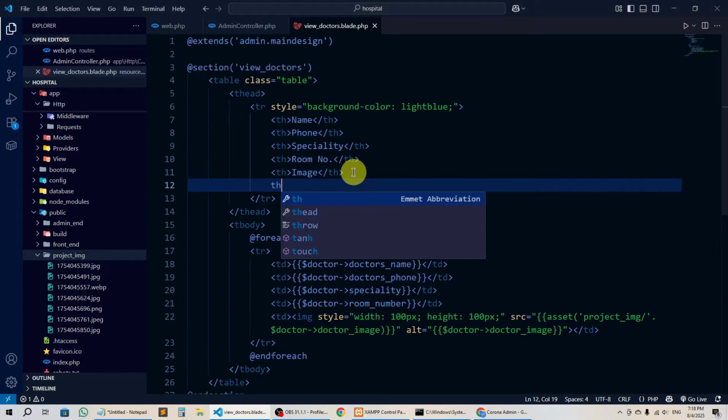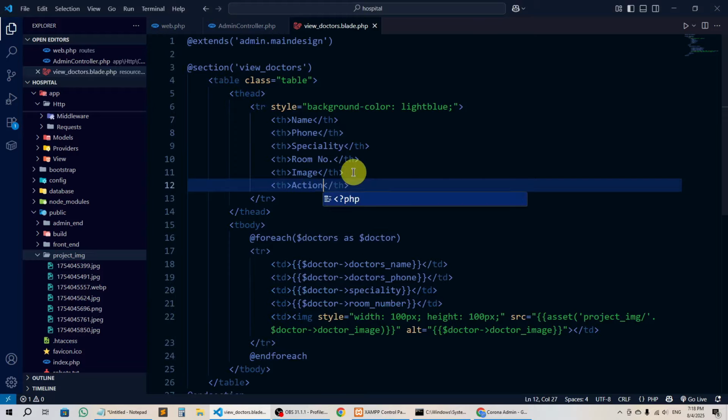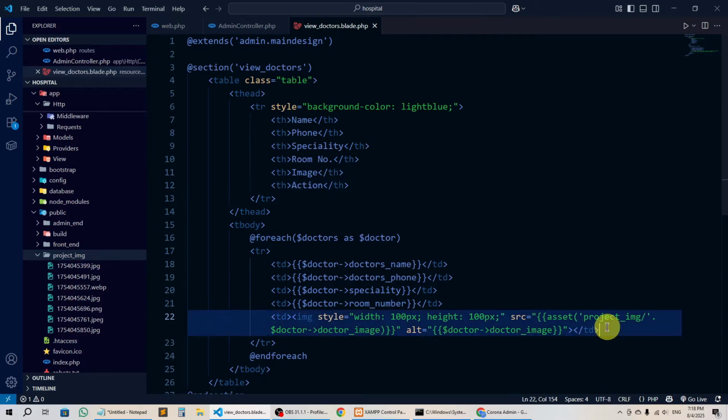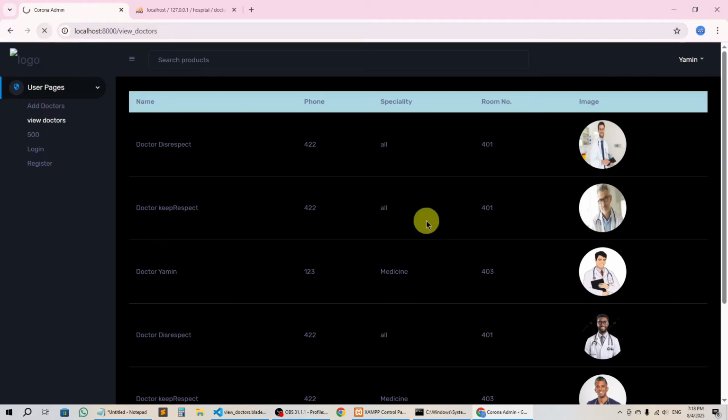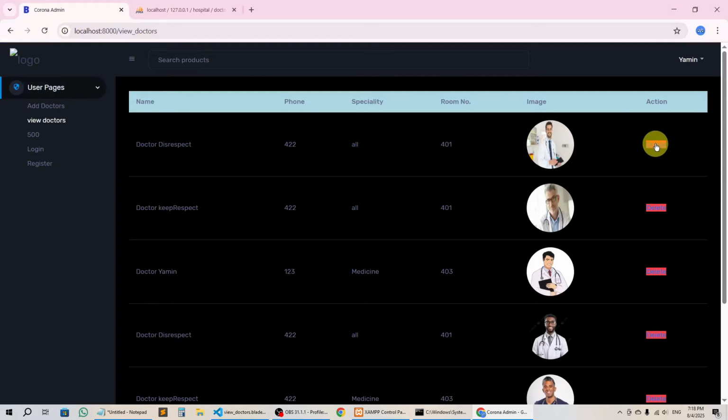Now here I'm going to add one more column, and that is action. And let's add here one more TD. And here I will add a link, so an anchor tag. Delete. And here I'm going to use a class bg-danger. If I refresh, here you can see we have added it, but I think I should add some style